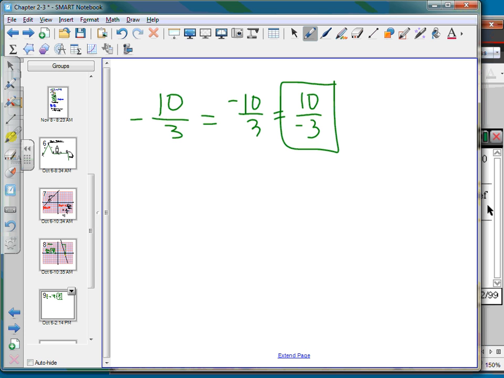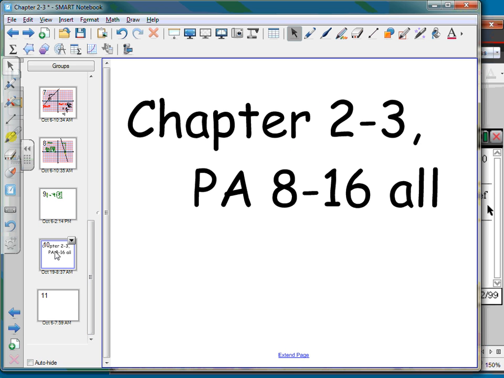Okay? All right. Do we understand what slope is today and how to calculate it? Did you feel like you could use the calculators a little bit and how to enter in data on it? Yeah. Does it make sense? All right. Tonight for homework, folks, you guys have practice A, 8 through 16. Practice A. You can put your calculator